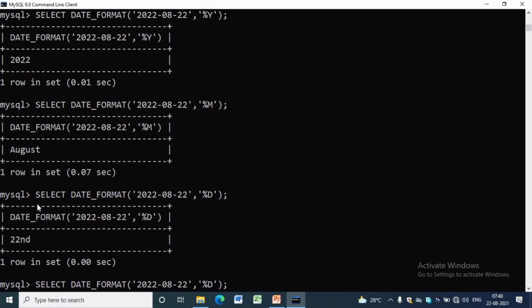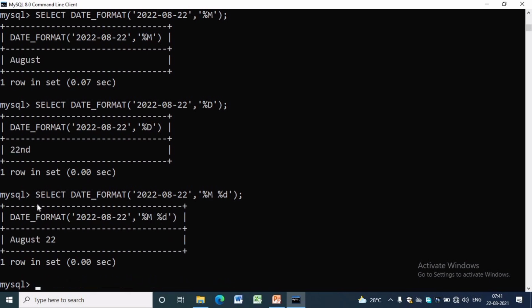If we write %M and %d, it will give the month name in full, that is August, and the day of the month as a numeric value. In our case it is 22, as we have written %d.